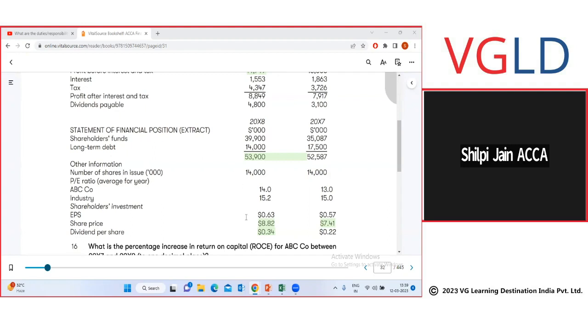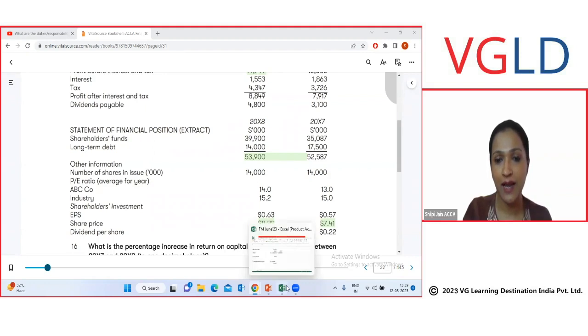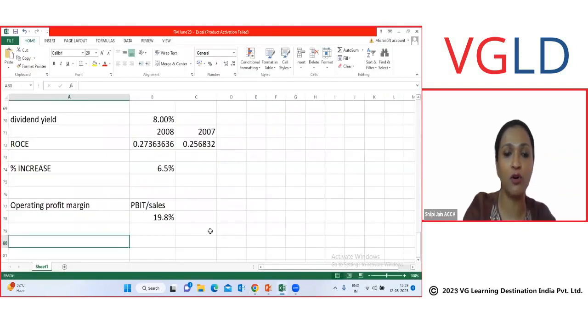Okay, so quickly calculate. You already have the share price at the beginning and at the end given to you. From 7.41, it has increased to 8.82. Do you have the latest dividend given to you? Dividend per share of 0.34 has been paid. You literally have all the information laid out beautifully for you to be able to calculate your total shareholder return,